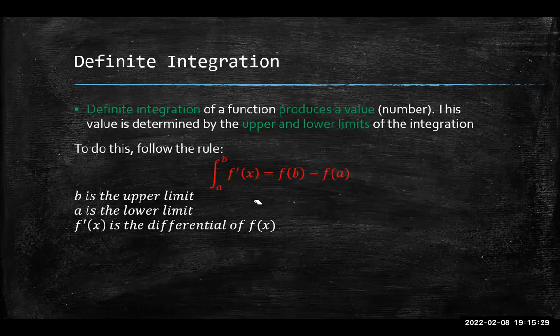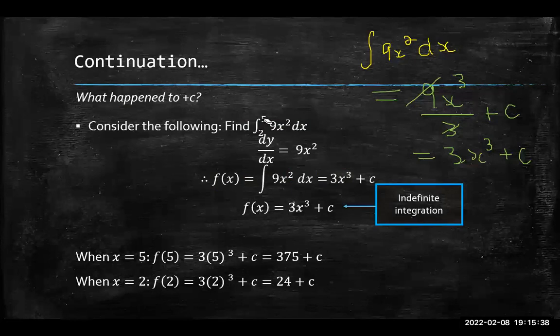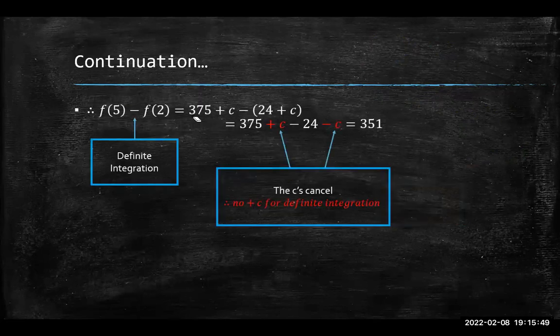According to my definite integration rule though, I have to find what f of b minus f of a is. If I do that, b was 5, so f of 5 is this. A is 2, f of 2 is this. If I subtract these two now, so I subtract f of 5 minus f of 2, this is definite integration. That's the rule that we just saw. And I said 375 plus c, which was f of 5, minus 24 plus c, f of 2. When I simplify this, right, I'm going to end up with